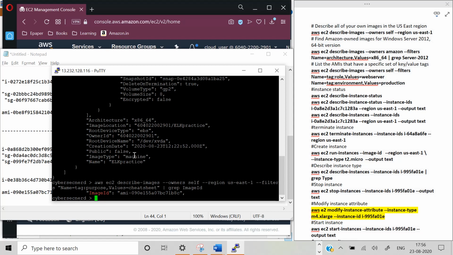So I think it might give us a basic idea of how to use the AWS command line interface to perform some basic tasks with respect to EC2. And in a subsequent video, we might explore the use of CloudFormation templates to launch EC2 instances and also associate other resources such as S3 and security groups. So we will make use of the CloudFormation template so that whenever we are launching an EC2 instance, we can mention some of the other stuff as well.